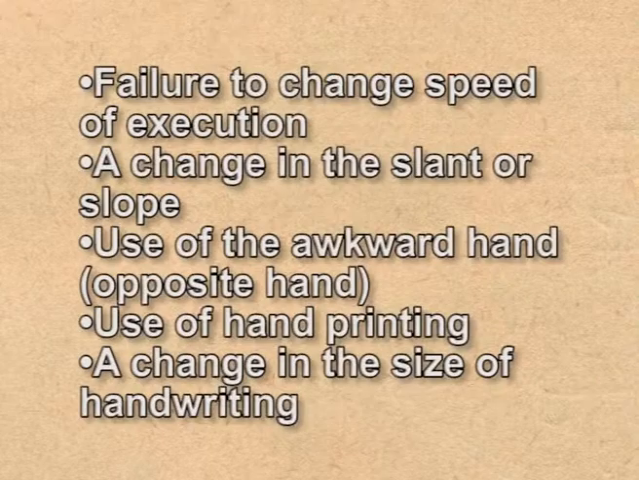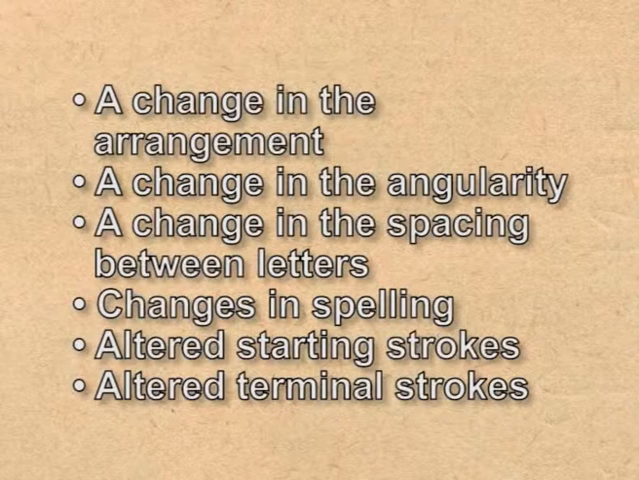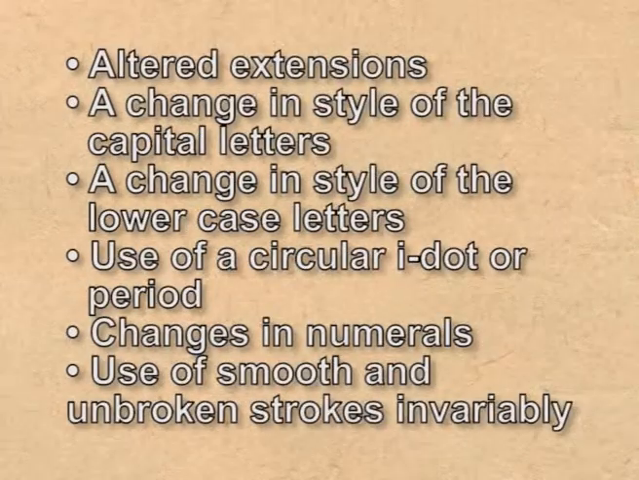Some of the elements frequently found in disguised handwriting as identified by Ed Alford are listed here. Failure to change speed of execution, a change in the slant or slope, use of the awkward hand or the opposite hand, use of hand printing, a change in the size of handwriting, a change in the arrangement, a change in the angularity, a change in the spacing between letters, changes in spelling, altered starting strokes, altered terminal strokes, altered